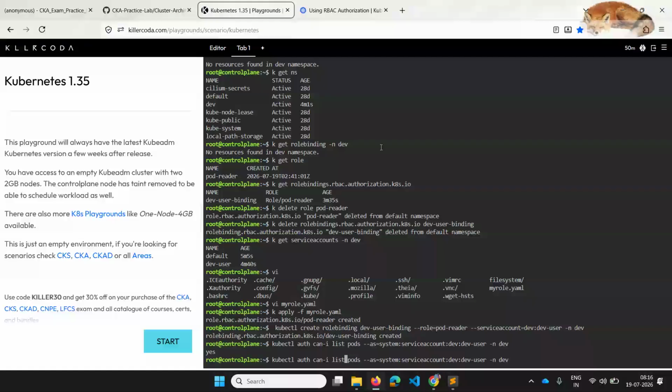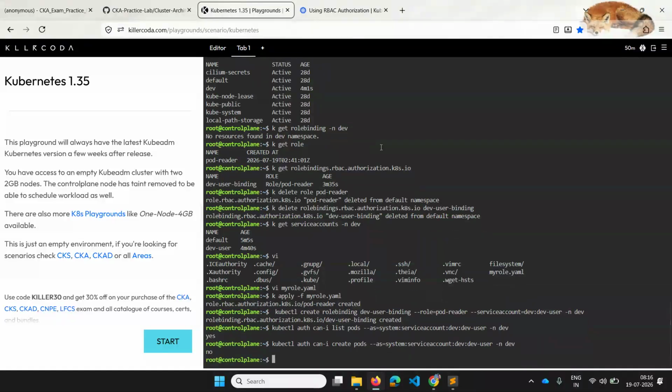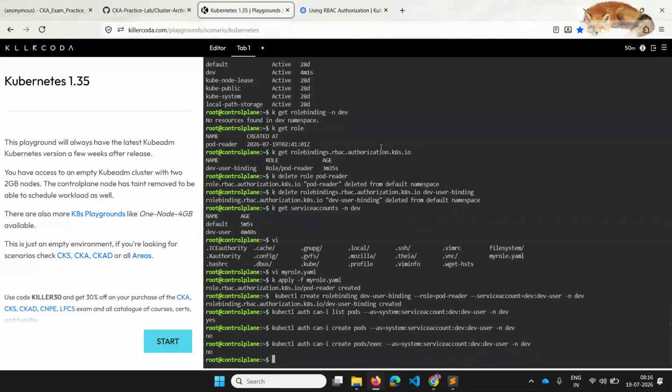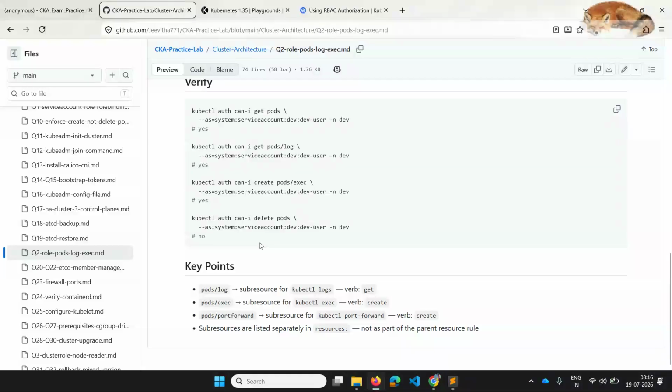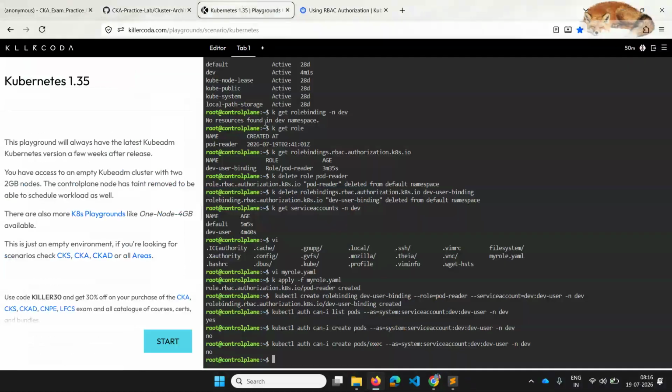Because I have verified, I got to know the issue that it was not created in the namespace. Create pods is not allowed, but if I use pods slash exec, can I create pods slash exec?